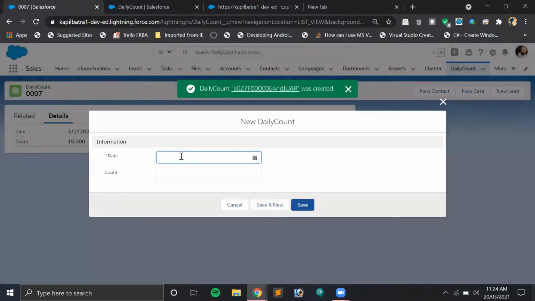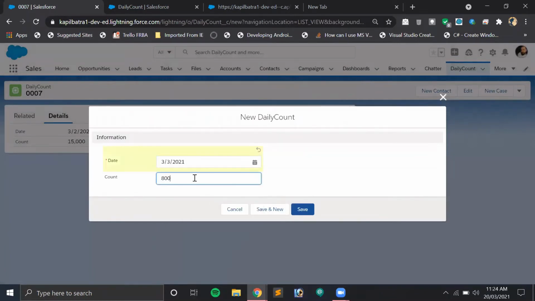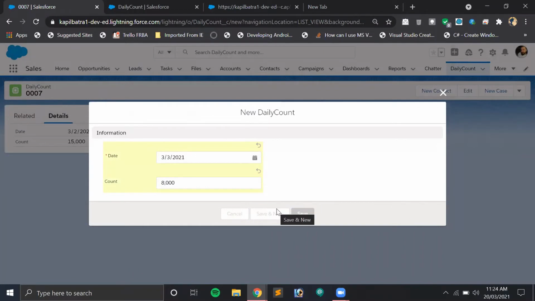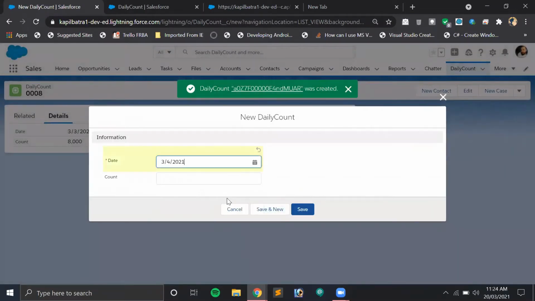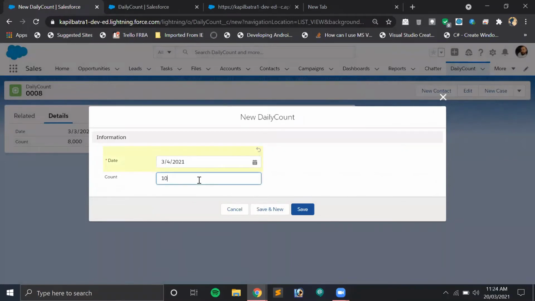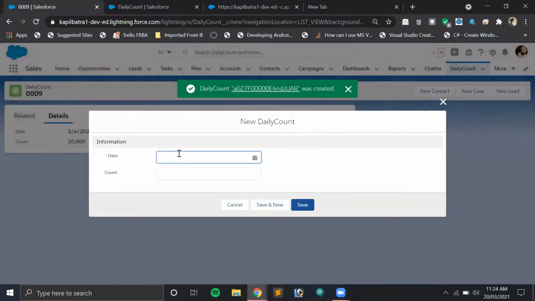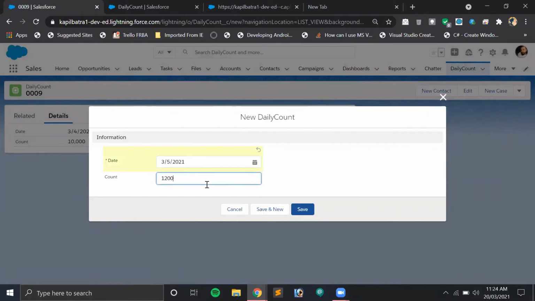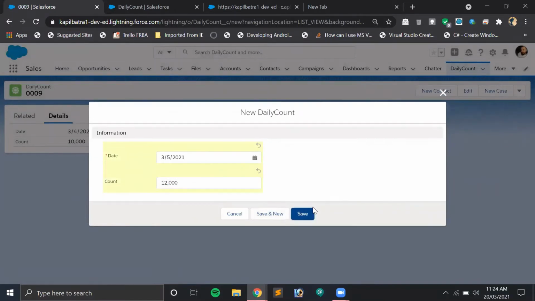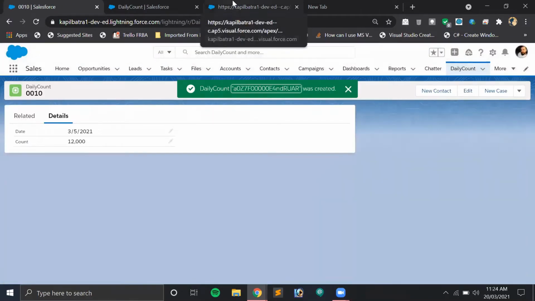Alright, on 3rd March make it 8,000. Okay, so 4th March let's make it 10,000 again. And on 5th March let's make it 12,000. Okay, so guys, as you can see, I have created 5 records in the month of March, and let's just refresh the calendar control now.